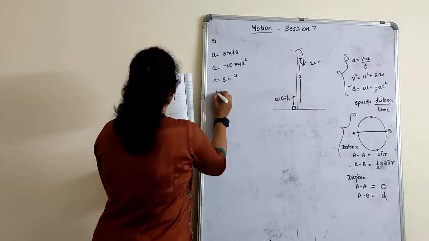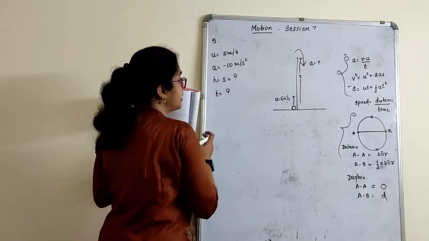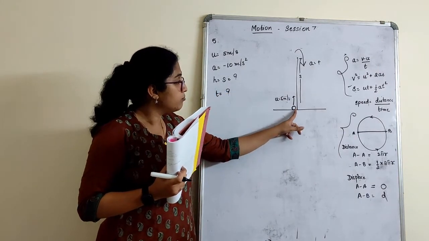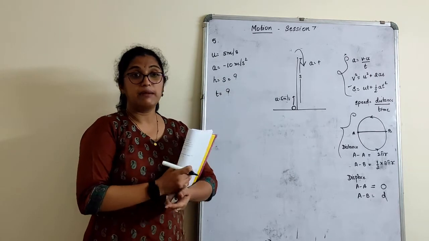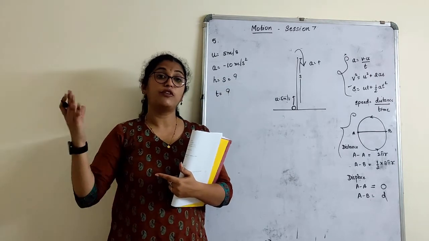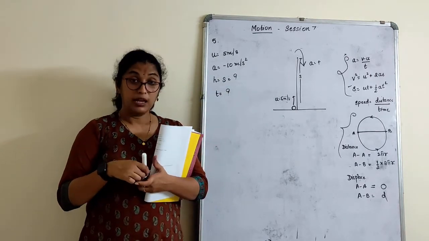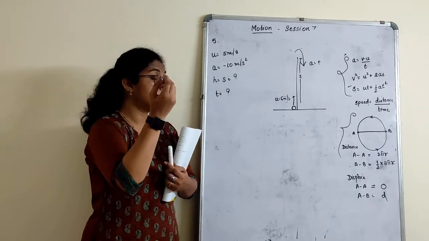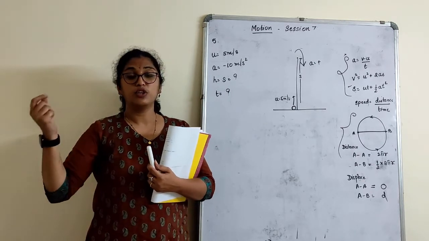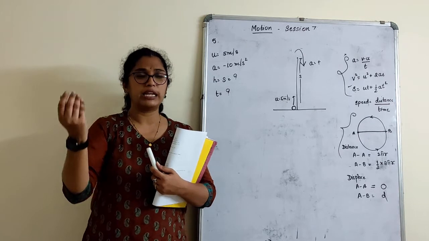And how much time will it take to reach there? Now I am throwing this stone. Okay, imagine you are also throwing, along with you your friend is also throwing a stone. Now I throw the stone with a velocity of 5 meters per second. Your friend throws it, just bounces it very lightly.